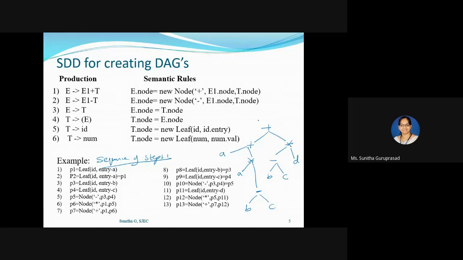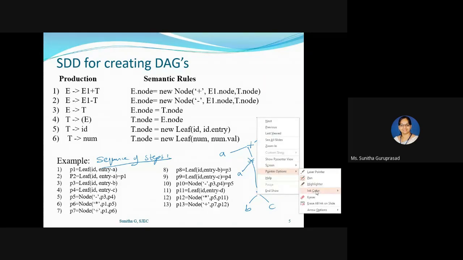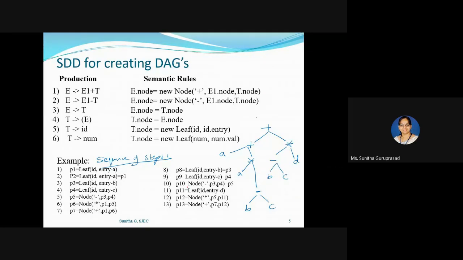Now what we can do here is follow the steps. You can follow any step. You can start from here, creation of this and then creation of this. So this step is given in the textbook, so I will follow this step itself. What they have done is P1 they have given for this. That means they are creating a leaf node with entry A. You already know how the node is written. The node is written as the operator, then we have the left side node and then the right side node.